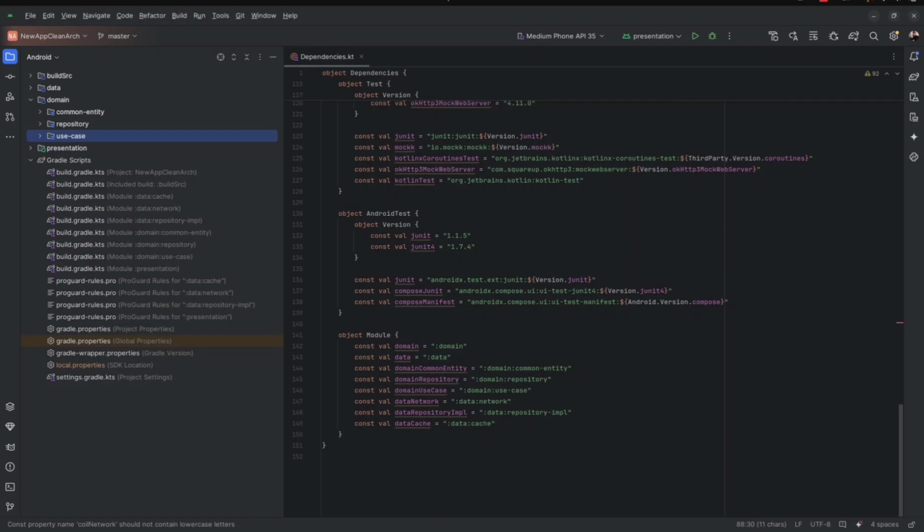The last one is presentation layer. Presentation module handles everything related to UI, using Jetpack Compose and following the MVI pattern to manage state efficiently. What's the next step? Now that we have an overview of the project structure, in the next part we will start coding and implementing each